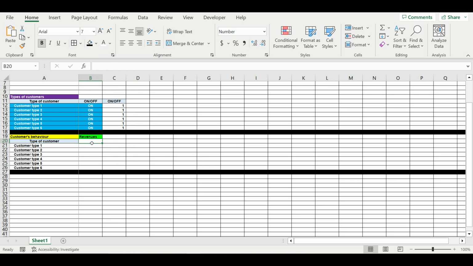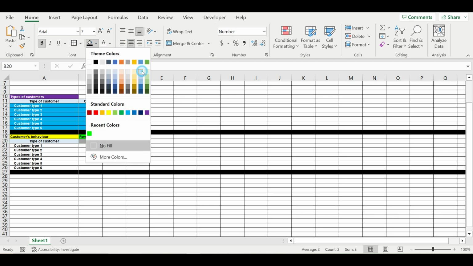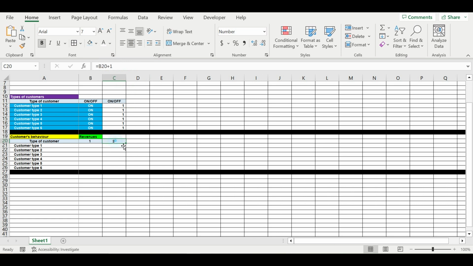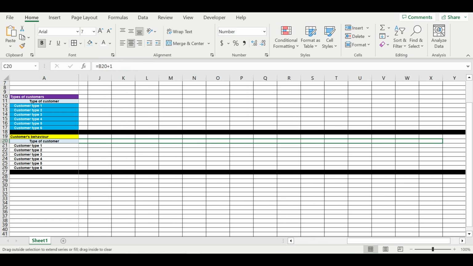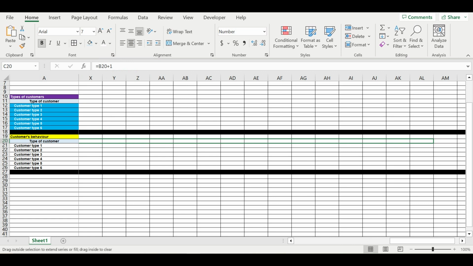So what we are doing now here from left to right, we will be placing the life cycle for this or that type of customer. So this will be the first month of life cycle of the customer, second month of life cycle of this type of customer. So here we are placing the life cycle. So let's assume that maximum